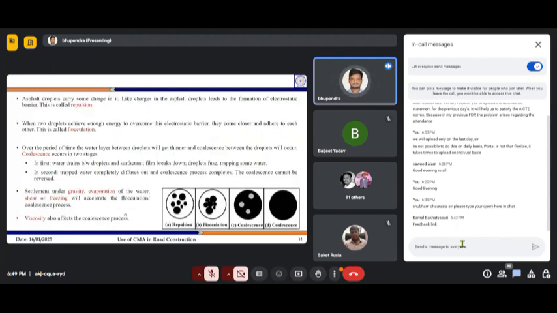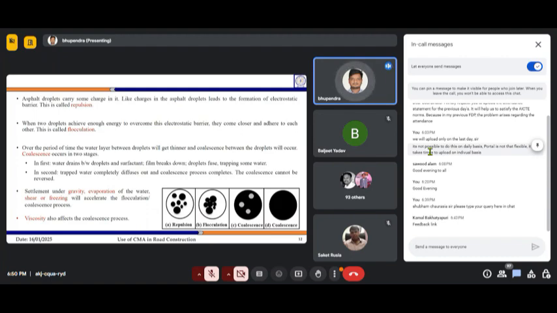Now coming to a very important topic which is related with the curing and which is related with the setting also. We have seen rapid setting, medium setting, and slow setting of emulsion, and curing has also come up again and again. So what does that mean? Setting means, you are taking the emulsion, and in the emulsion bitumen is there and water is there. So what is the material which is responsible for the coating and bonding of the aggregate? That is just the bitumen.